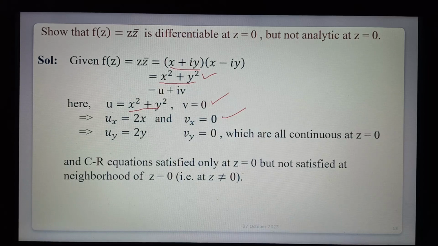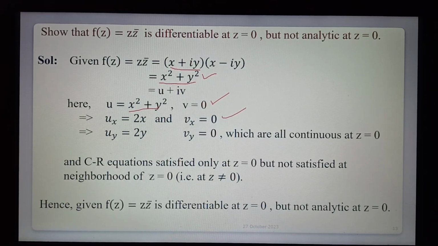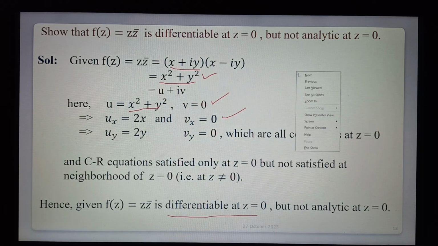The differentiable మనం వెరిఫై only single point తో వెరిఫై చేస్తాం, but analytic function at the point, single point and neighborhood of given point. So at the neighborhood of z is equal 0 it does not satisfy the CR equation, so that is not analytic. Therefore given function is differentiable at 0 but not analytic. Okay,